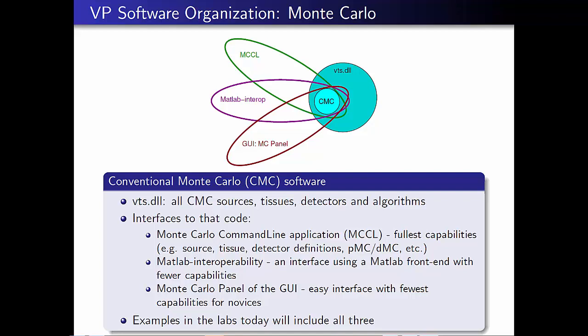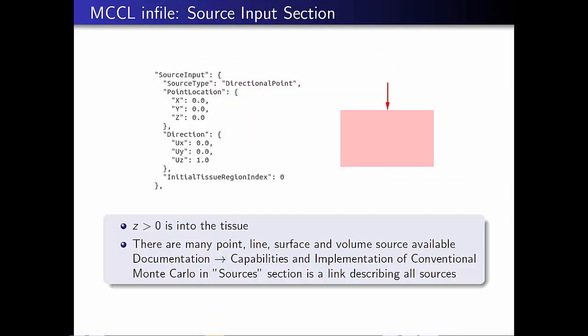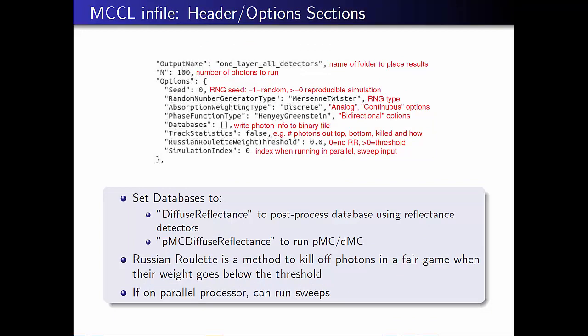I was just curious about the parallelization in your simulation. Oh, so I don't have an example here, but the way that we set it up, I think I wrote it here, in parallel spin. In the command line, you can actually give it a parameter sweep. So if you define your tissue, let's just keep it simple, you have a homogeneous tissue, and in your infile you have defined a mu A and a mu S in that tissue. You can actually, in the command line,